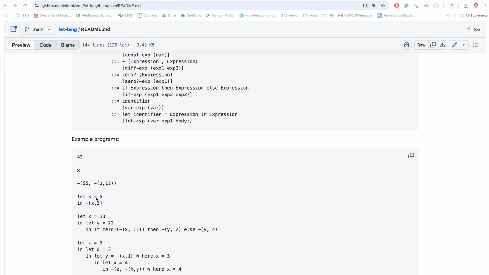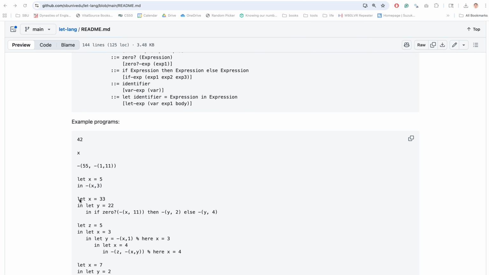So now let's look at this program. We define x equals 5, and then we compute x minus 3. So given the definition, this should result in a single value. Similarly, in this let expression, the inner let is defined in the body of the outer let. So in this context, x equals 33. So this expression can be evaluated. Now we have another